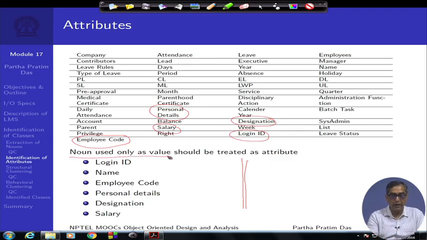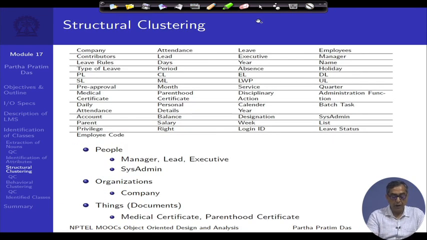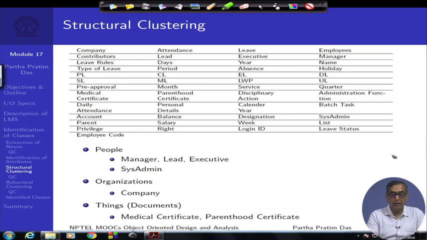This is a kind of structural clustering that we are doing, using the property that we expect nouns treated as values to be attributes. We have tried to get the attributes out. So, we can say that these are the attributes that we can see right now. Then you can do a more organized structured clustering by going into a kind of discovery